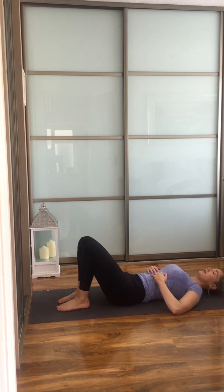Hands are resting on your ribcage, and as you inhale, see if you can allow your ribcage to just widen into your hands. And as you exhale, allow the ribcage to soften and narrow. Inhaling to widen. And exhaling to narrow. Keeping the same awareness to our breath, we're going to walk our fingertips down towards our